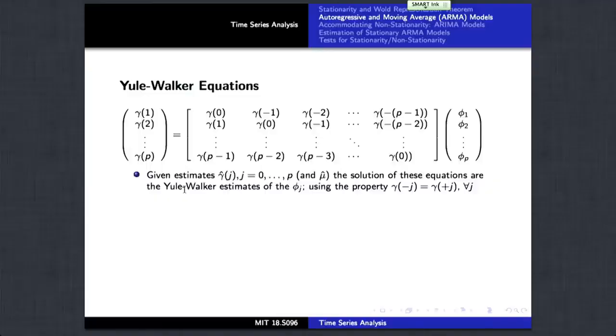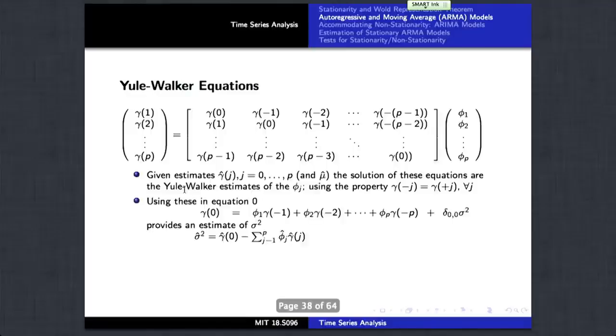So if we have a system of estimates, we can plug these in and attempt to solve this. If they're consistent estimates of the covariances, then there will be a solution. And then the zeroth equation, which was not part of this series of equations, if you go back and look at the zeroth equation, that allows you to get an estimate for the sigma squared. These Yule-Walker equations are the way in which many ARMA models are specified in different statistics packages, and